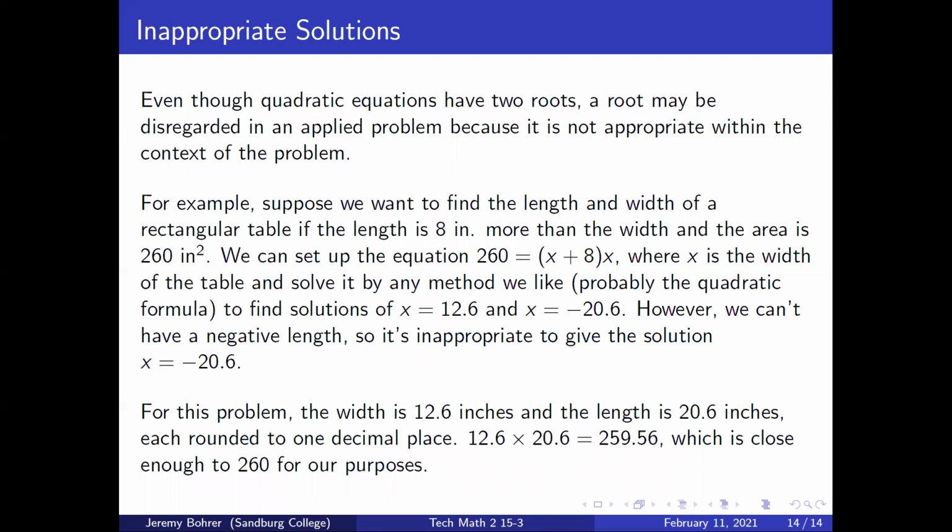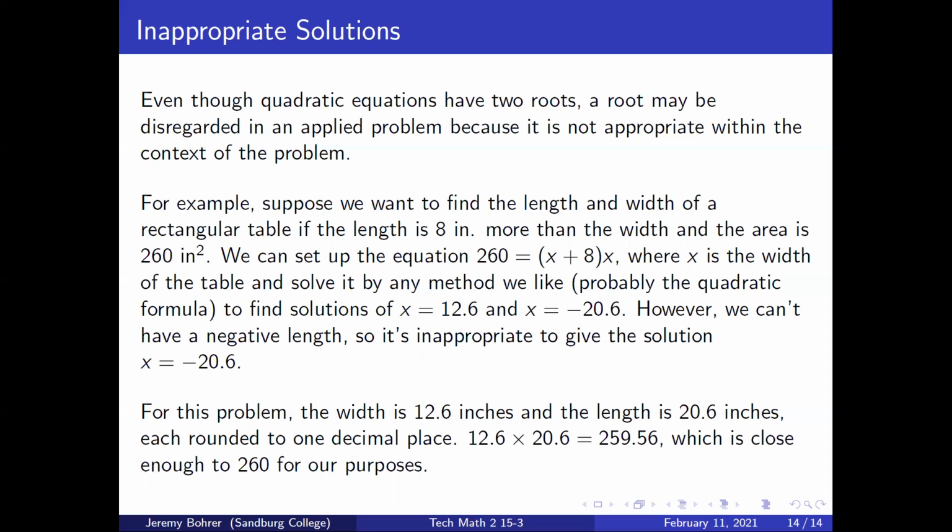Even though quadratic equations have two roots, a root may be disregarded in an applied problem because it is not appropriate within the context of the problem. For example, suppose we want to find the length and width of a rectangular table if the length is 8 inches more than the width and the area is 260 inches squared. We can set up the equation 260 equals x plus 8 times x, where x is the width of the